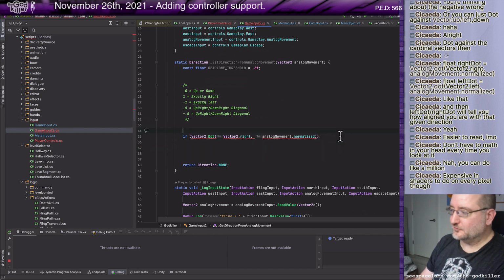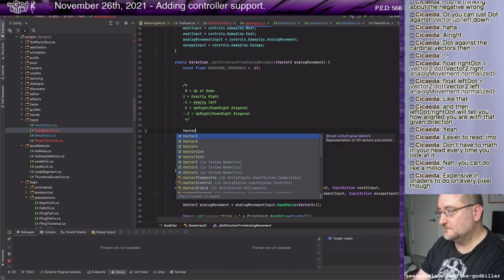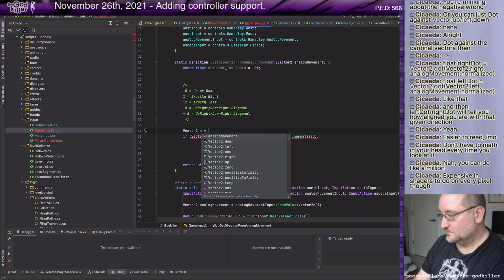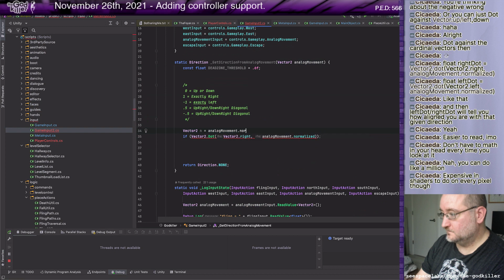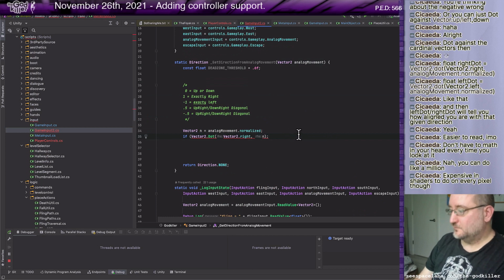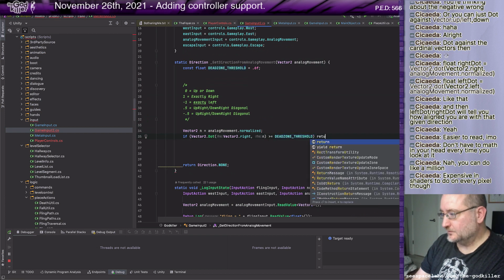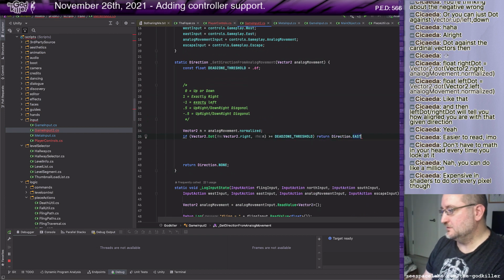Let's normalize one time, vector 2 analog movement. Okay, if greater than equal dead zone threshold, turn direction east. Okay, let's do the same for all these.